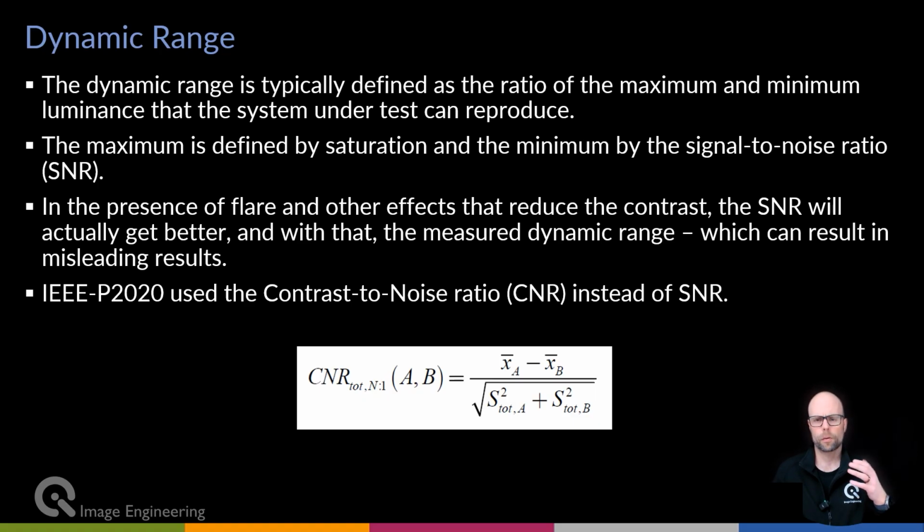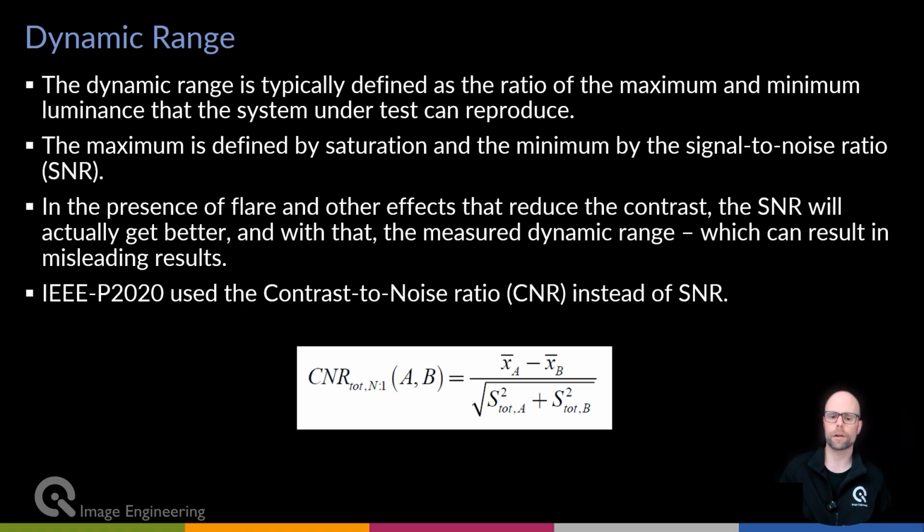The problem is, if you have, for example, flare or other effects that reduce the contrast, which you can easily have in HDR images, the SNR will actually get better. And therefore, your measured dynamic range gets better, and that can lead to misleading results. So that means that the traditional way to measure dynamic range has its challenges, to say the least, for automotive grade cameras. Therefore, IEEE-P2020 addressed that, and there's a definition of